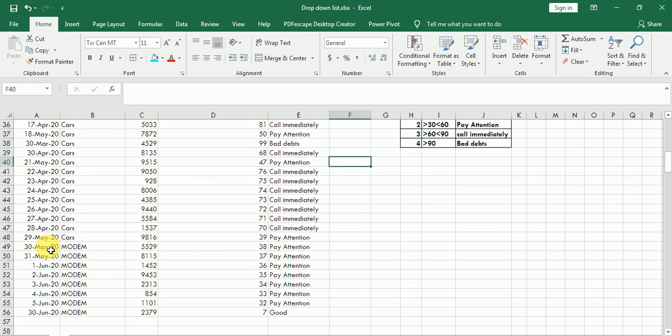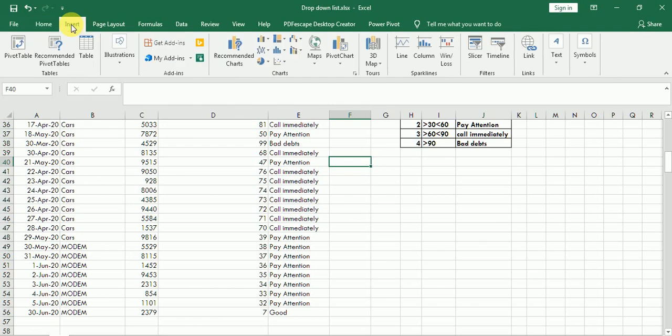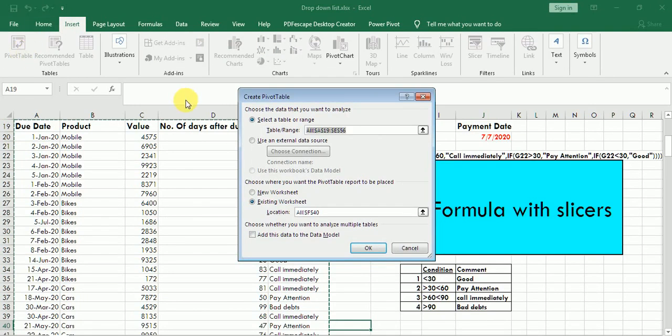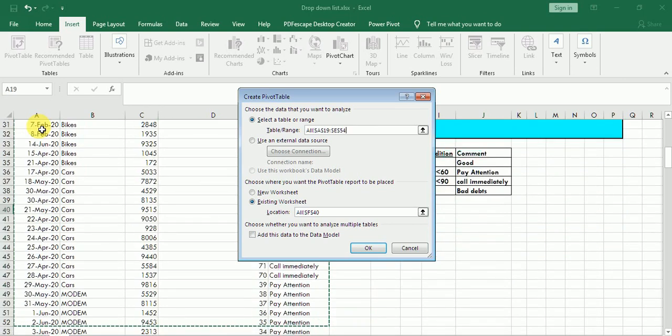So here I will insert my pivot table. For inserting a pivot table, I have to click on Insert, Pivot Table. It is asking me for a range. By default it has selected the table range, let me show you again, from this cell to the bottom.